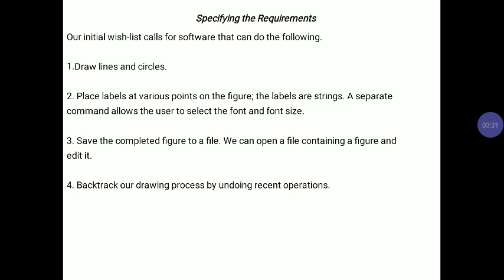The default cursor will be an arrow. The cursor changes when an operation is selected from the command menu. When an operation is completed, the cursor goes back to the default state. In order to draw a line, the user will specify the endpoints of the line with mouse clicks. We choose the two endpoints of the line, and after that we join those endpoints. To draw a circle, the user will specify two diametrically opposite points on the perimeter. For convenient reference, the center of each circle will be marked with a black square.